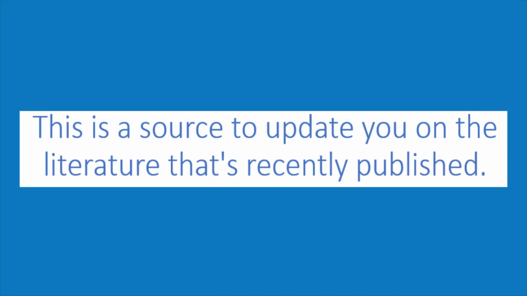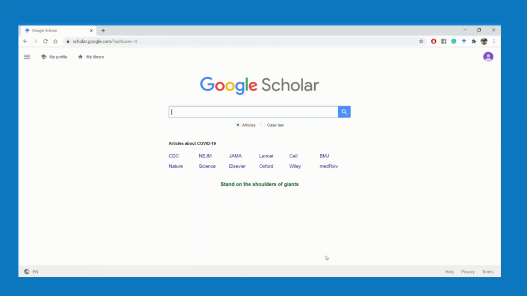It is an option from Google to update you on the literature that's recently published. So once you add this alert, Google Scholar will send you an email on the topic that you chose, about the research that has been recently published in the field of your interest. So let's get started. First thing is, you go to